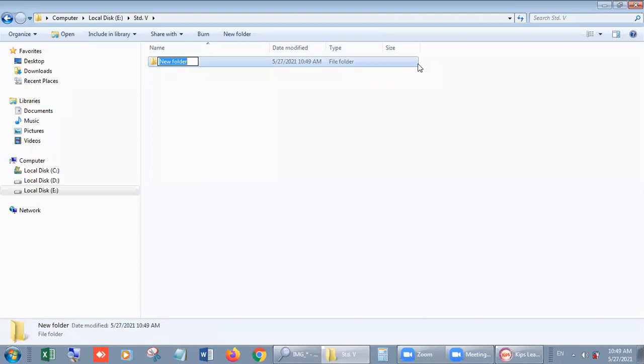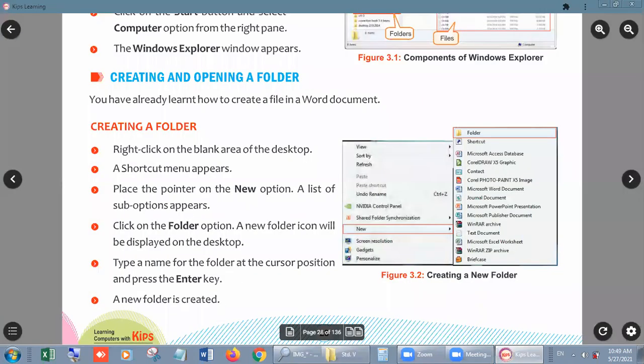Look students, new folder, then we can use the same pattern, and this time I am giving it the name fifth, like this. Okay, so we have another folder inside Standard fifth, right? We have the fifth folder. You can write any name. Okay, let's move on. This is the way in which you can create a folder.